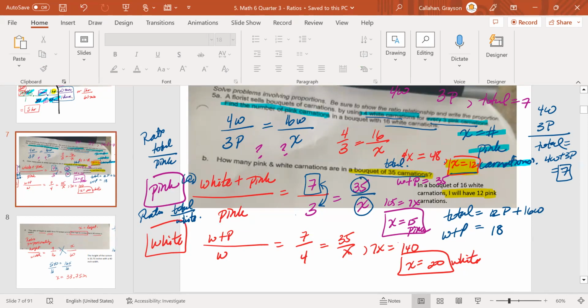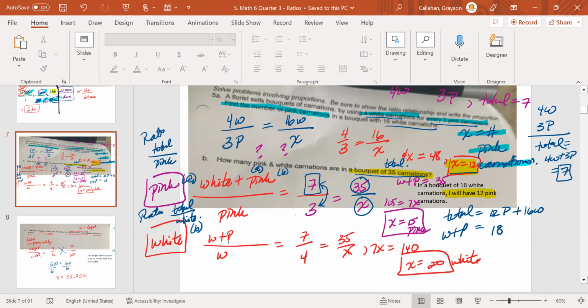So I'll put this one as A. This is A for pink, right? Cross multiply, 15 pink carnations. Then for B, which is your white carnations, you still have to use the total because the 35 you're going to be using is total. So the total is 7 over white carnations, because my goal is to find white carnations, is out of 4